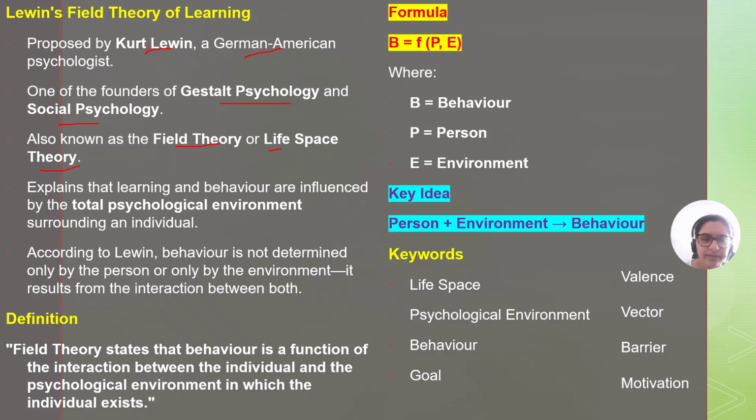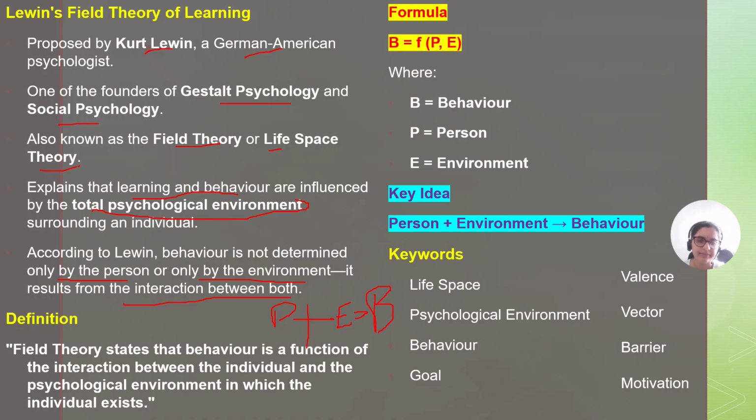This explains that learning and behavior are influenced by the total psychological environment that is surrounding an individual. So, psychological environment is the total mindset, whatever is going on in the mind, the total cognitive processes responsible for learning and behavior. According to Lewin, behavior is not determined only by the person or by the environment. Just the person or the environment cannot determine a particular behavior. It results from the interaction between both the person and environment. So, person plus environment is behavior,